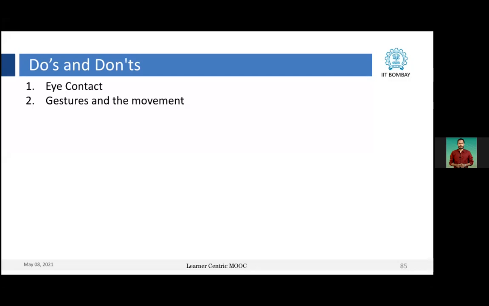In the classroom, they're very much natural. They do not have any problem in lecture delivery, but the moment they face the camera, they have some problem with the camera in the initial times, not all the times. So they behave in a more rigid way. They don't use their gestures and movement.